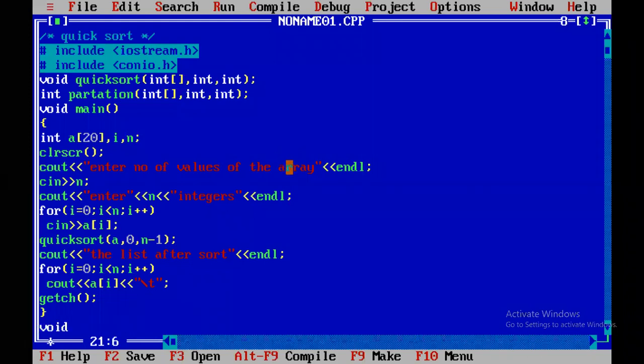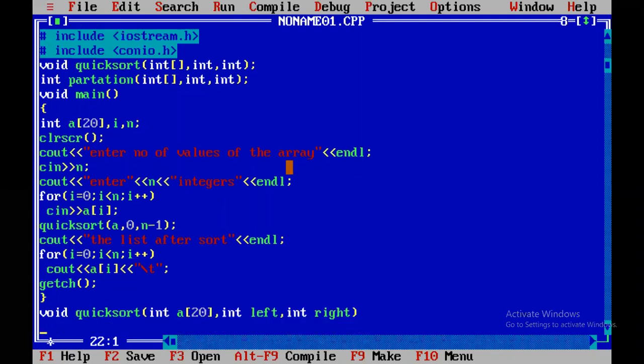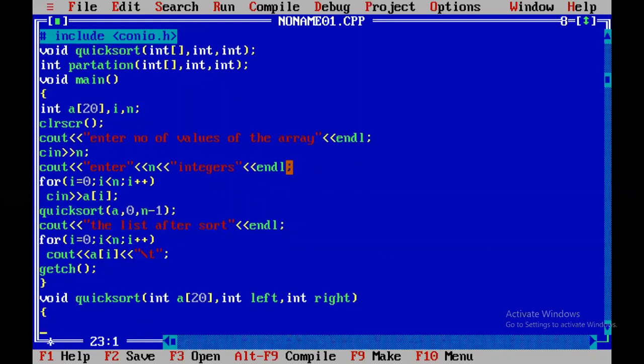void quicksort(int a[20], int left, int right). I already told that: assign the first position to left. So what is the first position? 0.